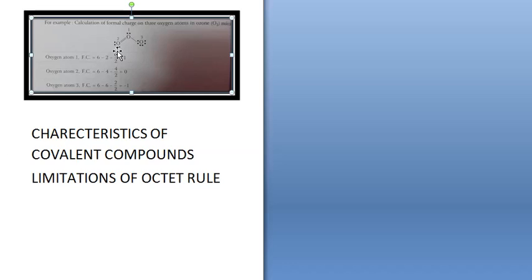Now we come to characteristics of covalent compounds. Covalent compounds exist as discrete molecules. They exist in solid, liquid or gaseous state. They have low melting and boiling points, except for diamond, silica, carborundum, etc. Now these compounds do not conduct electricity in solid, molten or in solution, because they do not have free ions. Exceptions are there. Again, graphite can conduct electricity. HCl, NH3, acetic acid, in their aqueous solution they can conduct electricity because they liberate ions.